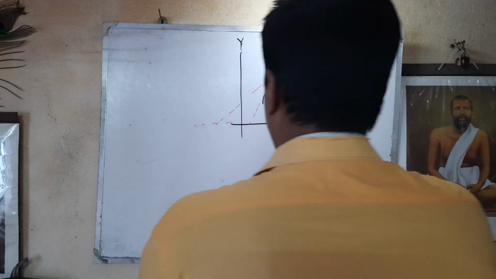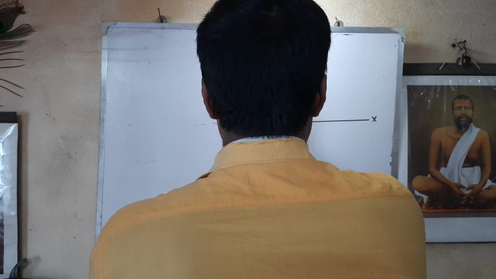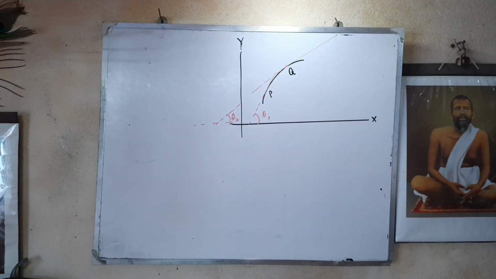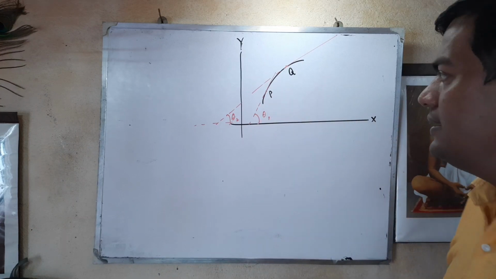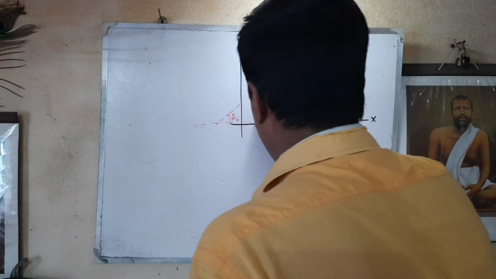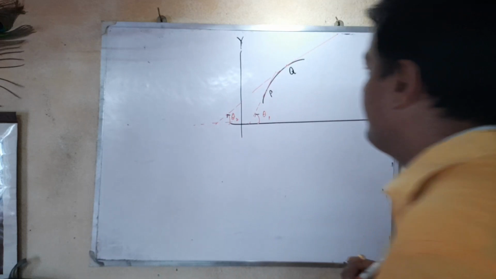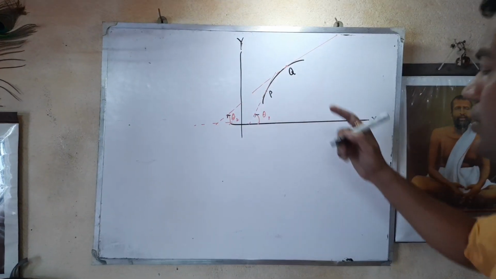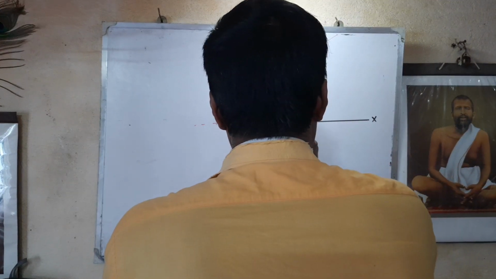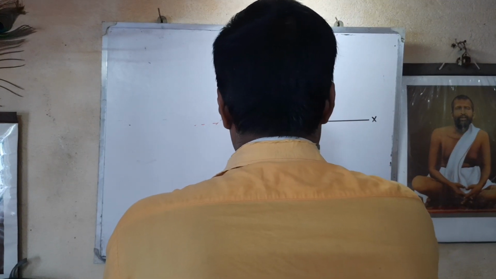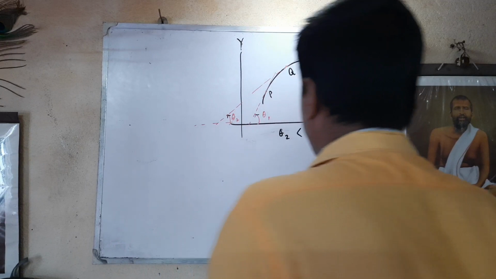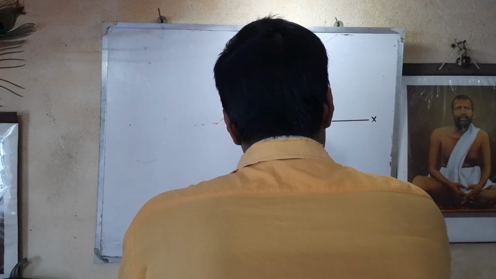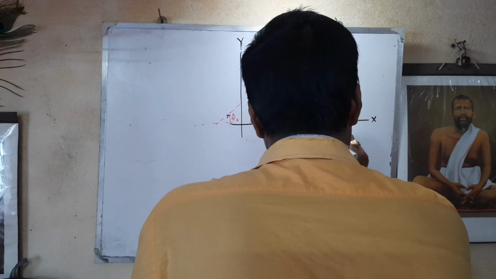The slope of the graph at point P is given by theta 1, and at Q by theta 2. Observe from the figure that I have taken the angle made by the respective tangents only with the positive x-axis. As we approach from P to Q, you can observe that theta 2 is less than theta 1. So, tan theta 2 is less than tan theta 1.